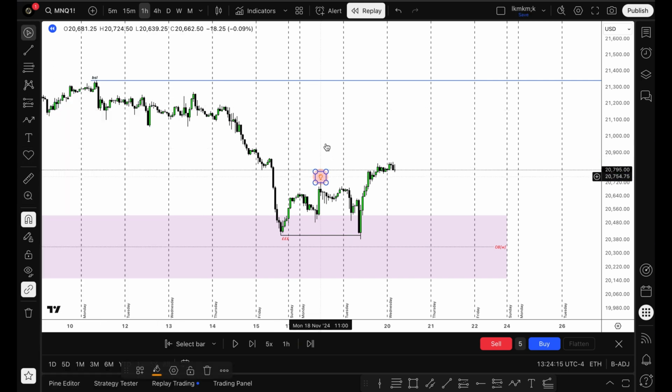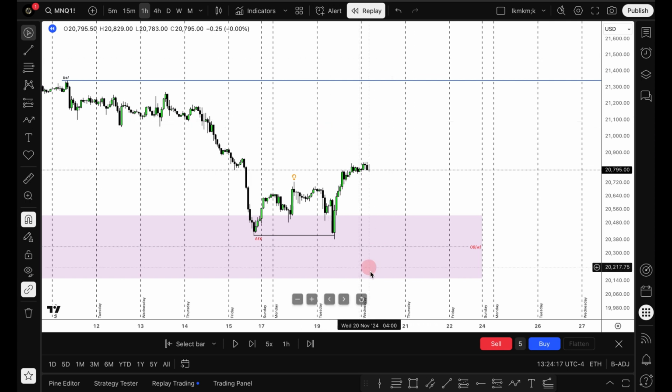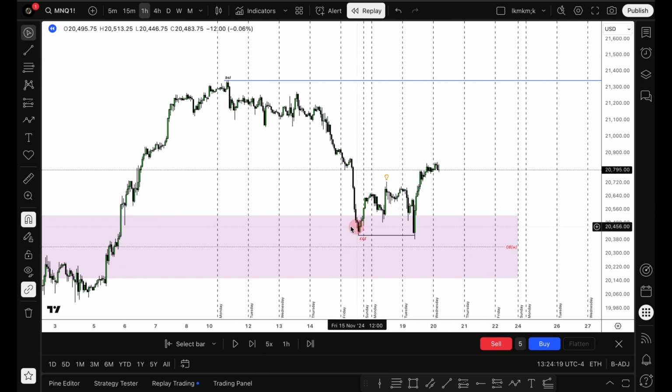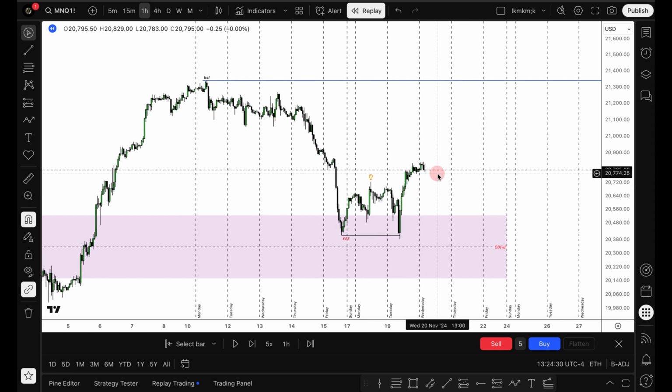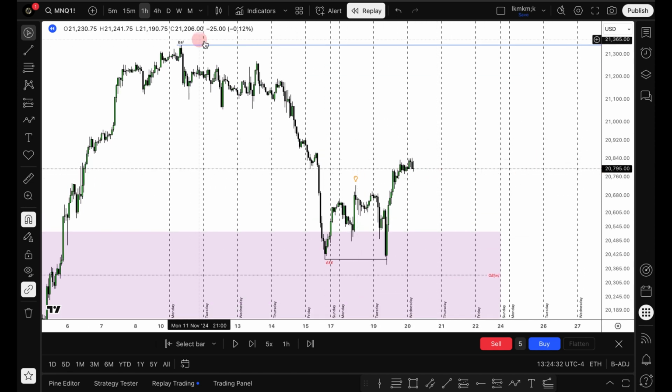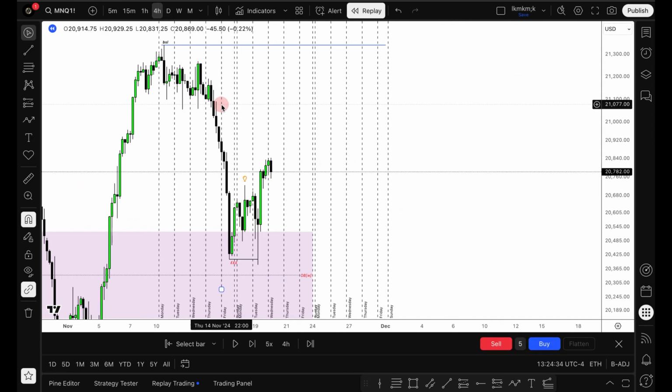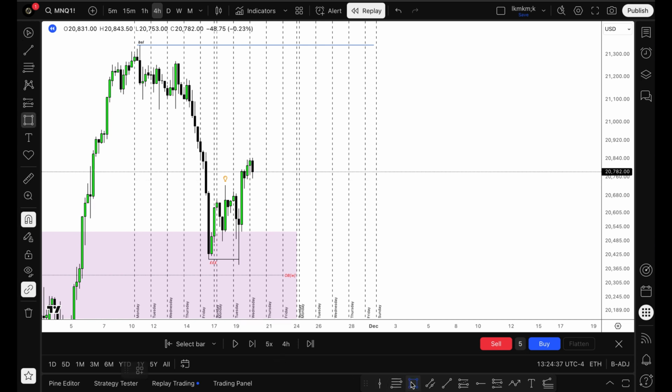Just label that there with a light bulb. That's our market structure shift to the upside. So now that we have that sweep of the previous week's low, and then that market structure shift, it's giving us signs and signals that it wants to move higher. However, like I said, that little sweep, I'm not convinced yet. But still, we'll go to the 4 hour, we'll mark out